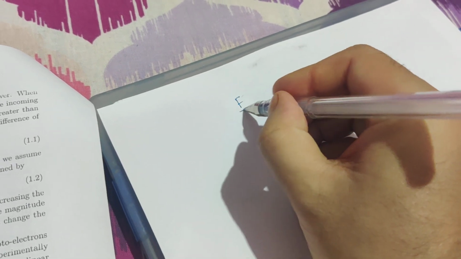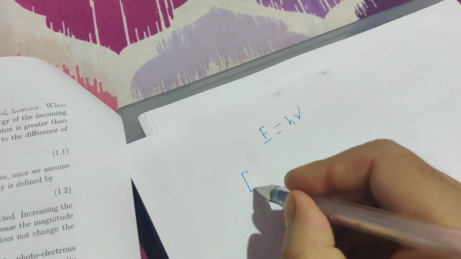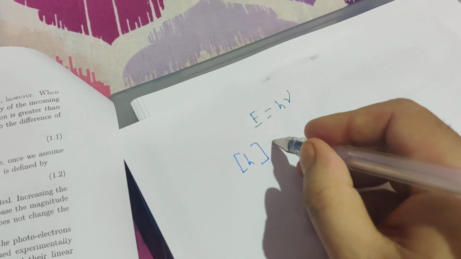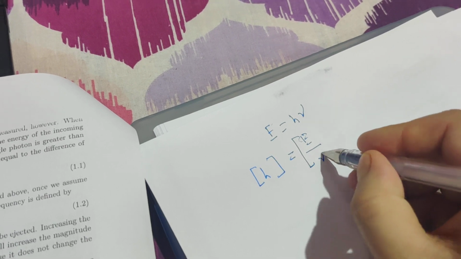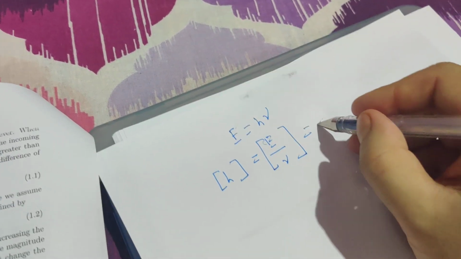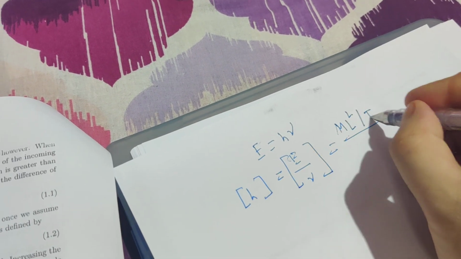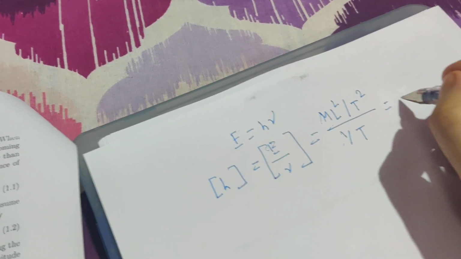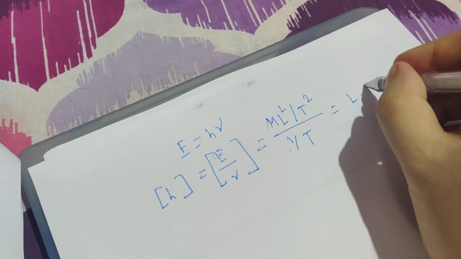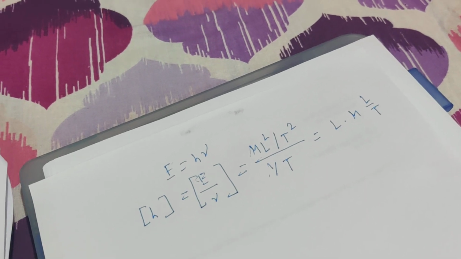As we know, E equals h nu, so the dimension of h is the dimension of E over the dimension of nu. The dimension of E is m L square over t square, and nu is 1 upon t. So it turns out to be L times m L upon t. This is the typical